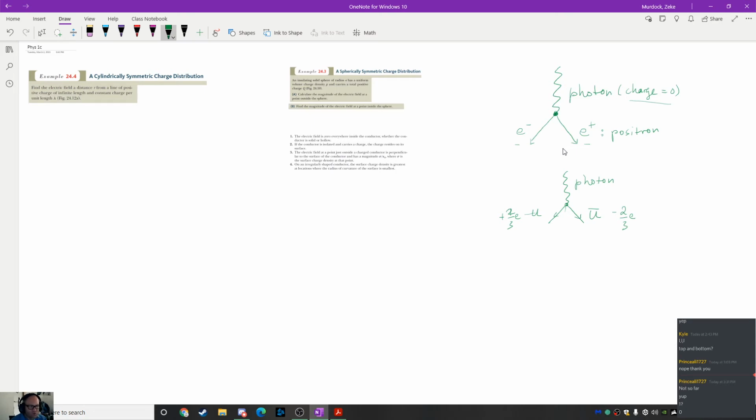So we believe the total universe has to have a total charge of 0. Another way to say that is